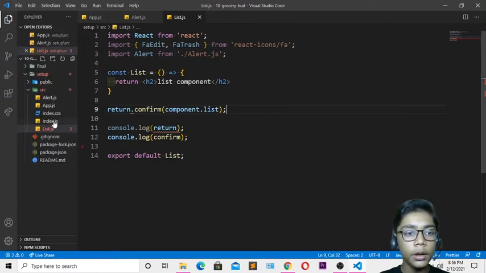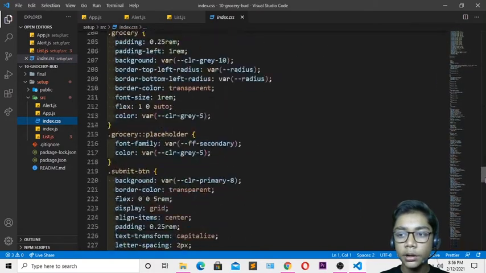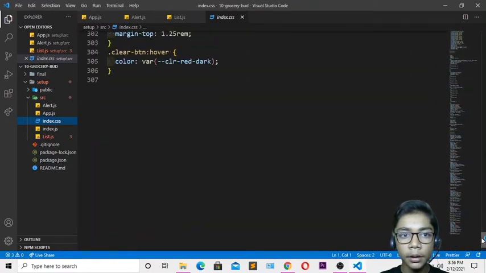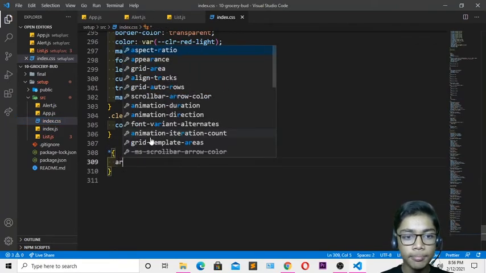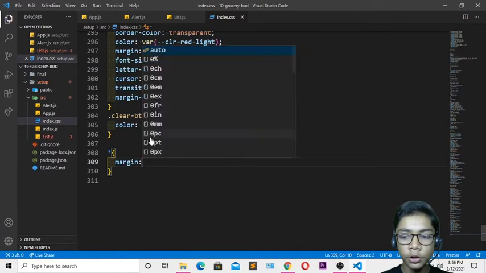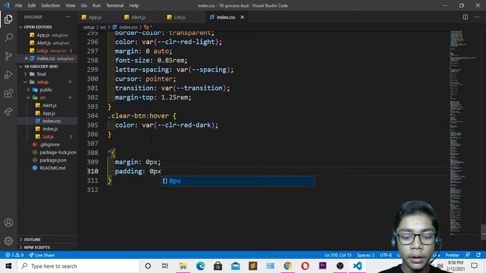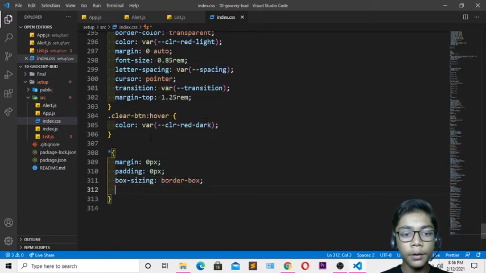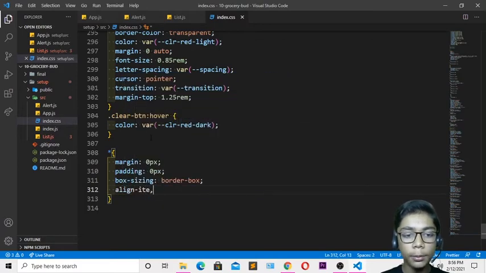So here you have to go to your index.css file, and now I will be working in my index.css file. So I will be coming underneath in the last, and I will be writing this sign. Then I'll be defining a margin which should be 0 pixel. The padding should also be 0 pixel, and then right over here, box-sizing, which should be border-box. So when you define that, you have to come over here, and I will be writing align-items, which I am defining, all should be in center. So I'll be writing center.